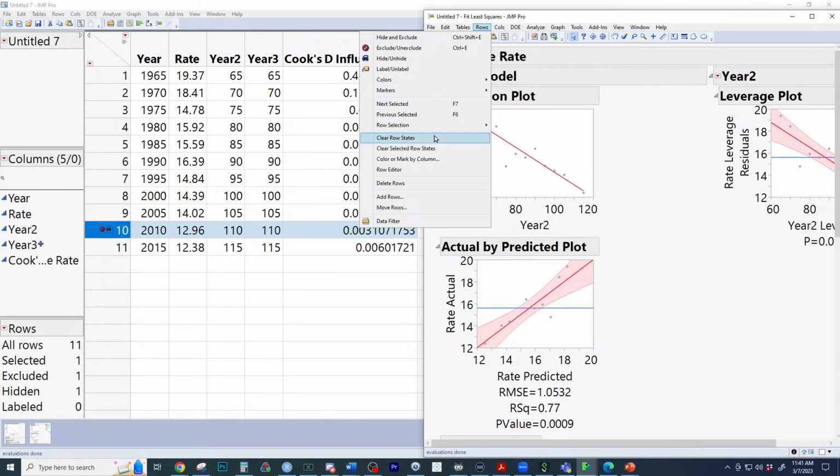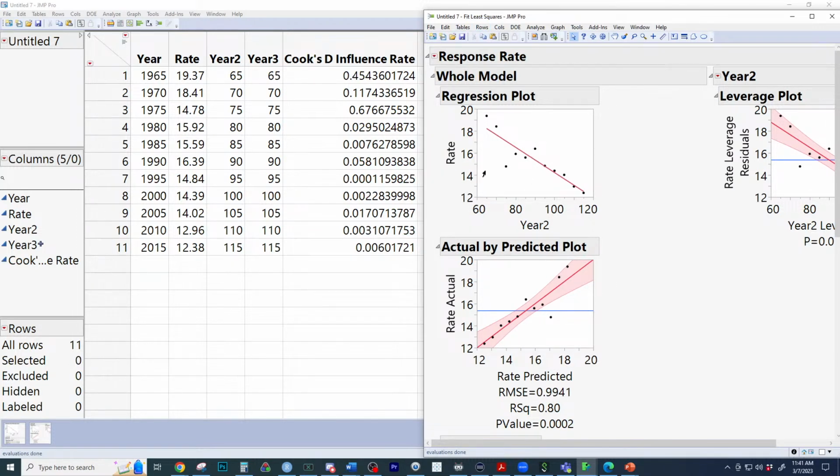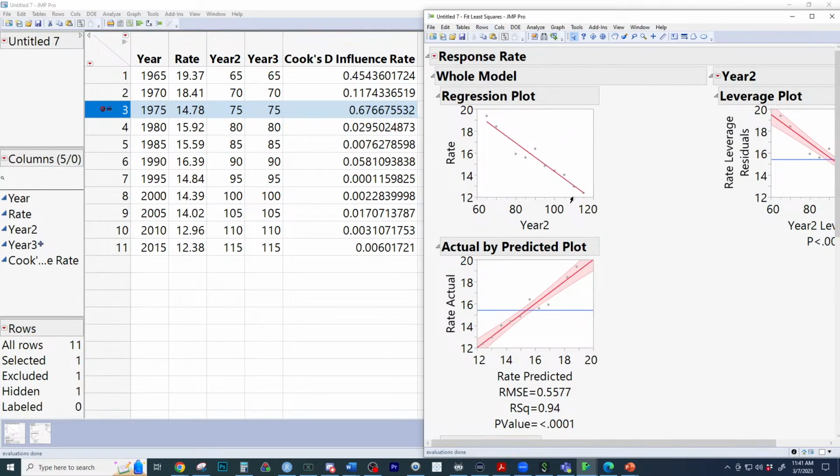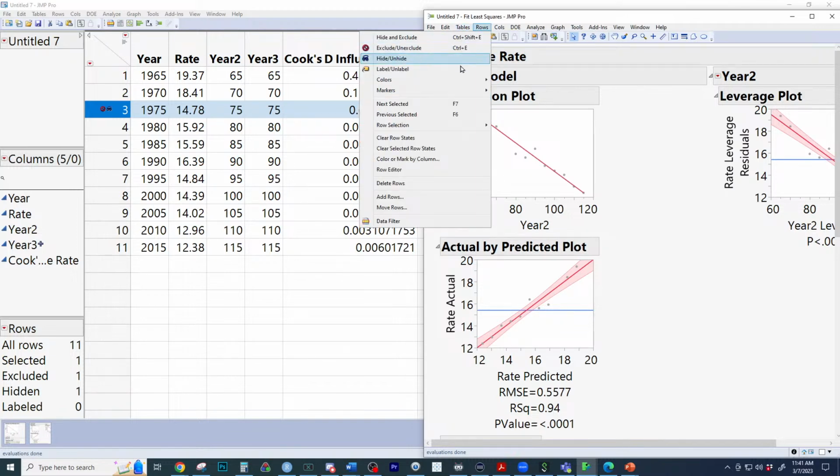So if I go to clear row states, you're going to see the model really not move much. But this point right here, which has high influence, that's a little concerning. When I remove it, the model changes a lot. Notice how the bands and the confidence changed a lot. So the model really drastically changed right there with that point removed, because that point has a lot of influence